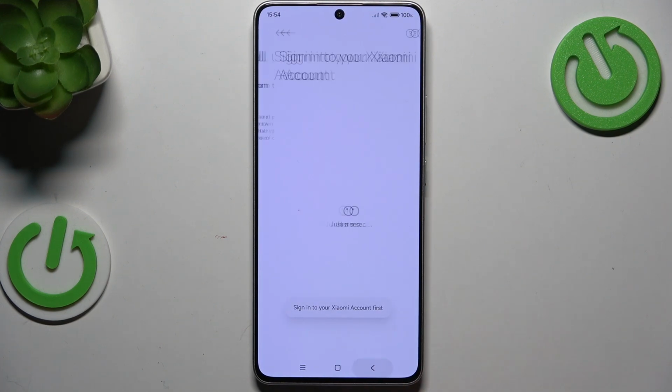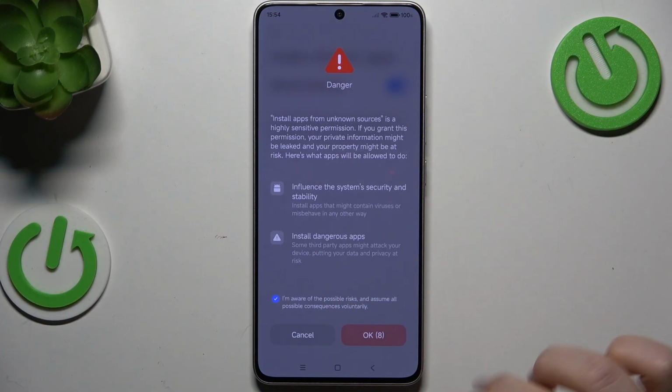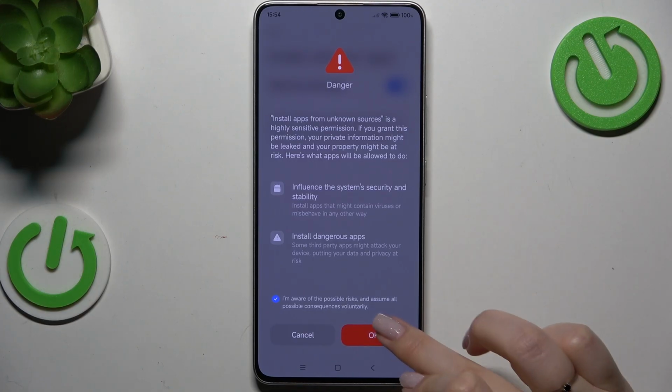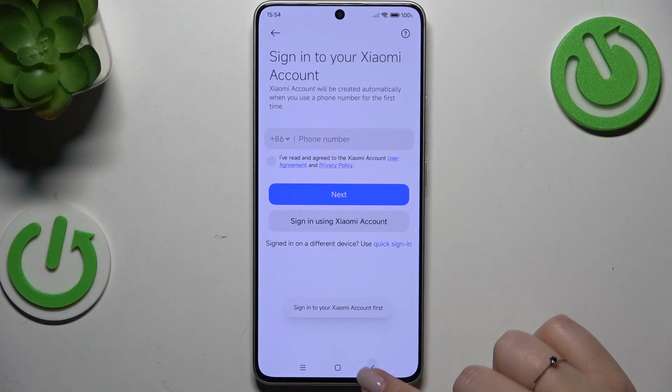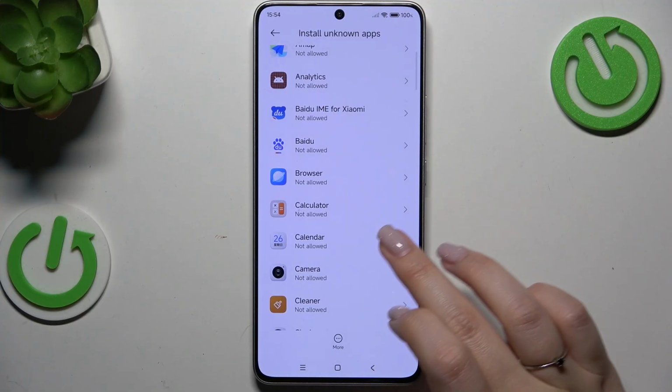For some reason we have to sign up to our Xiaomi account. I don't know why. However, you will have to do it. Just wait a second, we'll try again. But probably it is necessary to confirm everything. It is. So just sign into your Xiaomi account, and then after getting back, you will be able to see